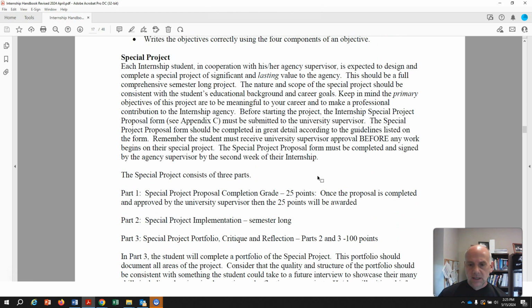Special project. One of the things you have to do for your internship is a special project. I always say, ask your site supervisor what's something they've wanted to accomplish but never really had the manpower or the human resources to accomplish, and now that they have you, they can do that. And so they might have some tasks. We've had students do everything from creating an internship manual to creating inventory and organizing facilities,